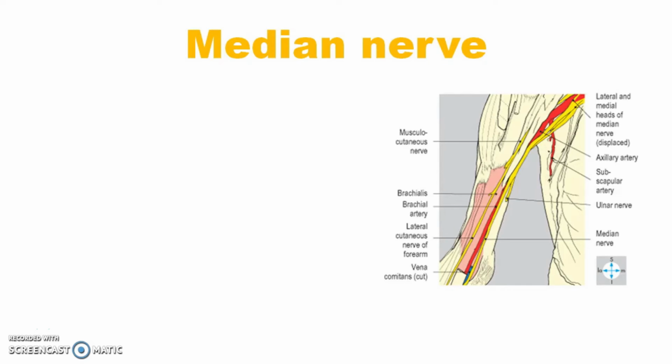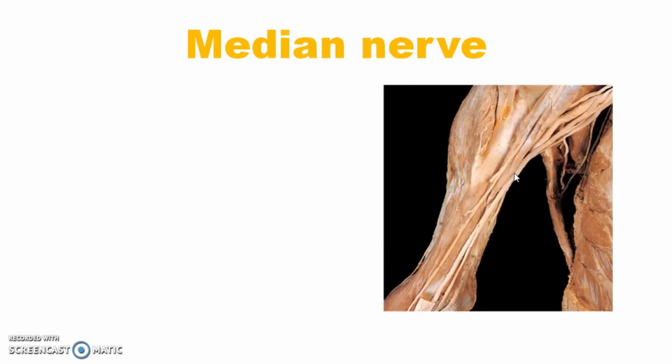Now talking about another nerve seen in this arm region, that is the median nerve, which is a very important nerve to remember. About the median nerve, you already know we have two roots joining together to form it. Here you can make out lateral and medial roots. Together they form a single nerve called the median nerve, and how it passes, we are going to see in detail. This is the median nerve which you are seeing on the medial aspect of the musculocutaneous nerve.